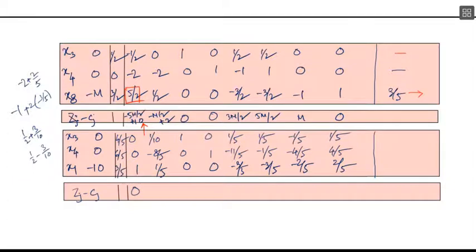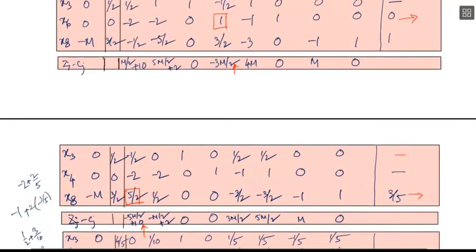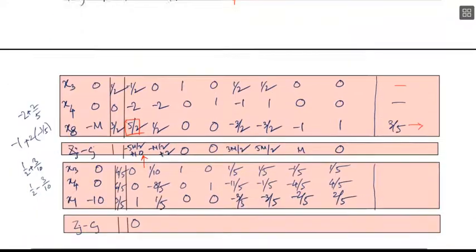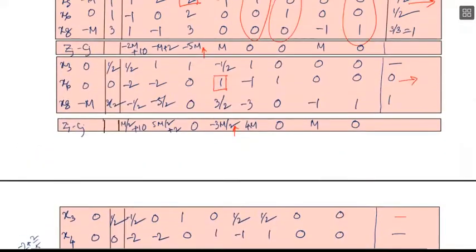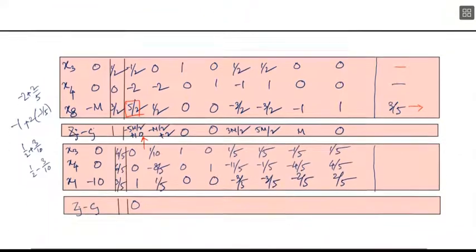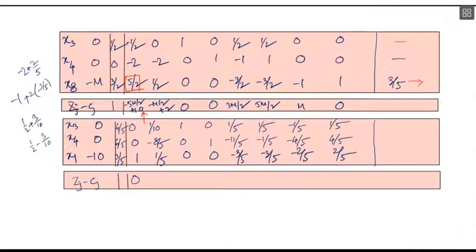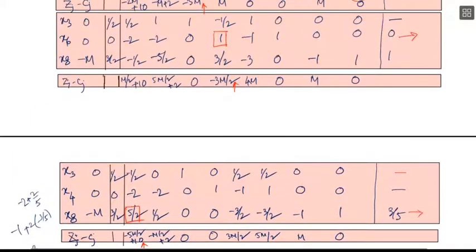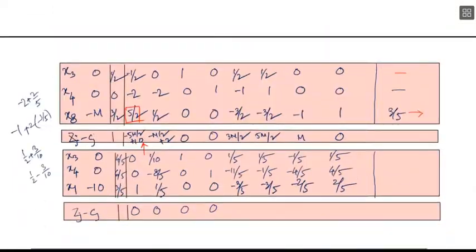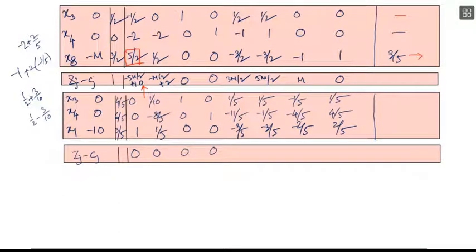It will be 0, it will be minus 2, minus of minus 2, it's also becoming 0. This is 0, this is 0, this is 6,